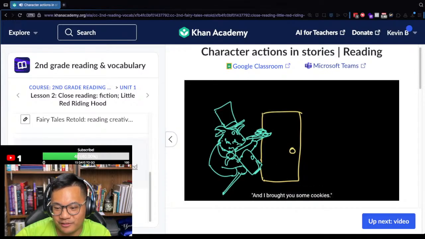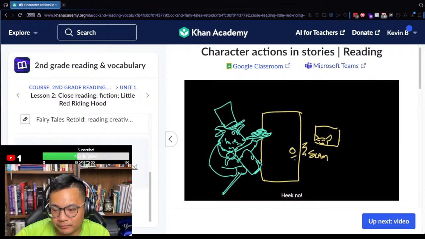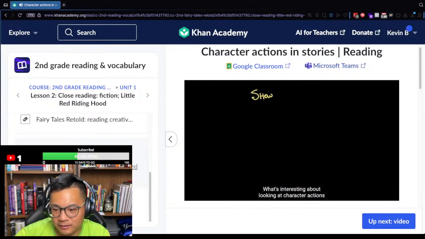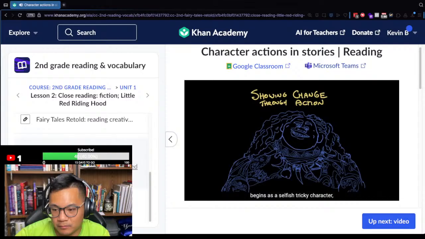Small, nice wolf. I love these illustrations. I think it's a nice drawing of Maui.